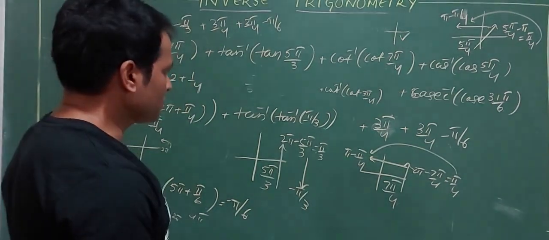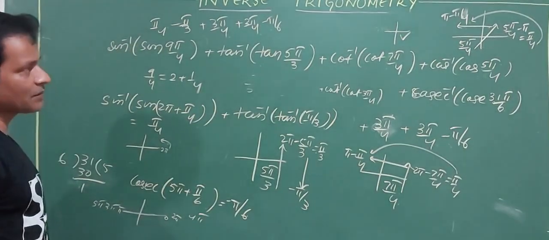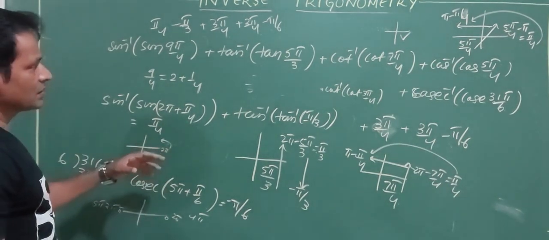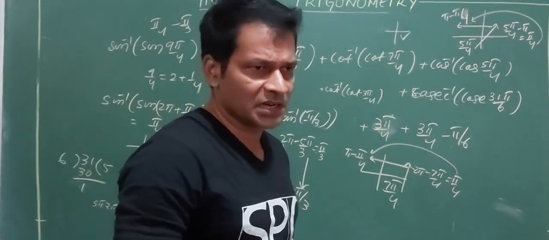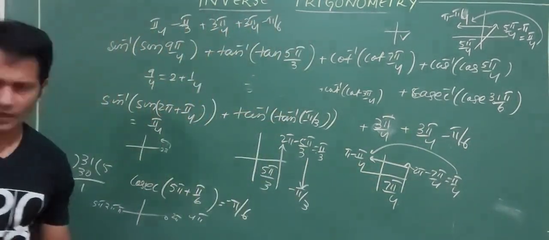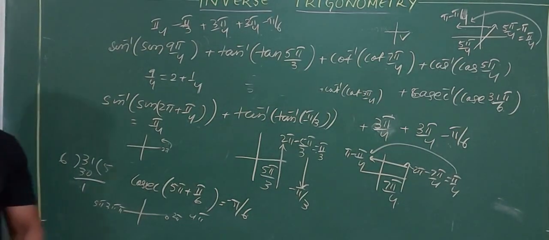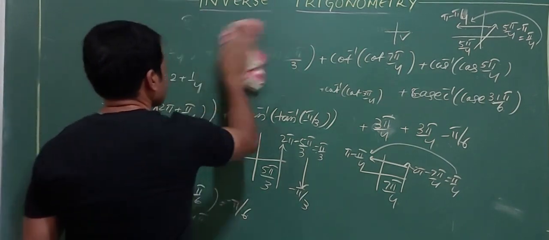Alright, so any value you can calculate on your own without a graph. Now we will go with the graph as well. Suppose this is without a graph. A student doesn't know how to do it. Everybody cannot go for the graph. By this method you can also do it. Suppose if you are having a graph now. Before going to the graph, with this method some more questions I will solve. Then we will go to the graph.